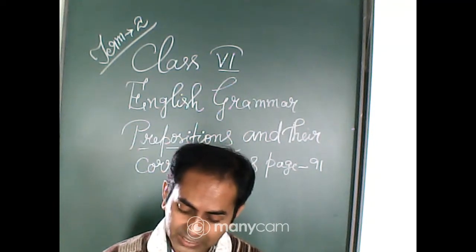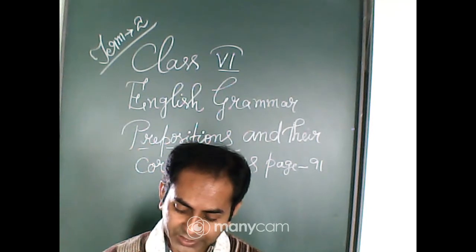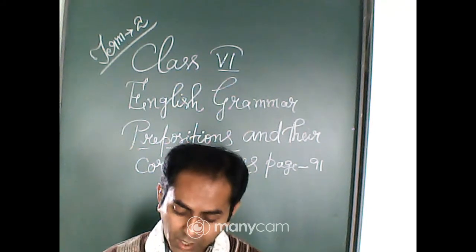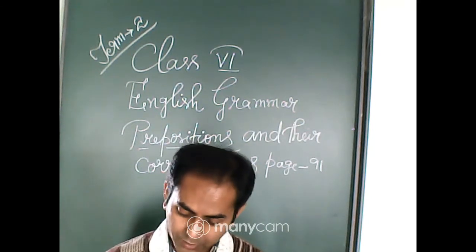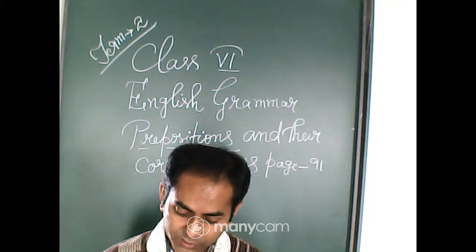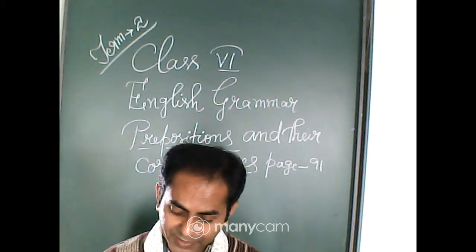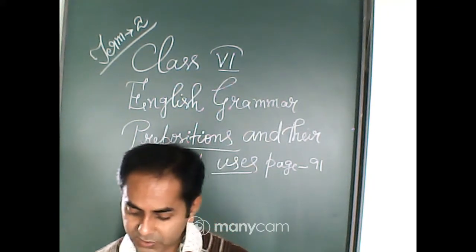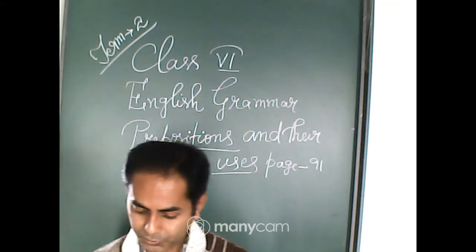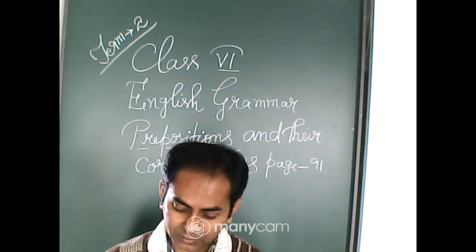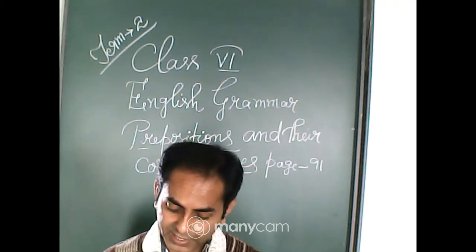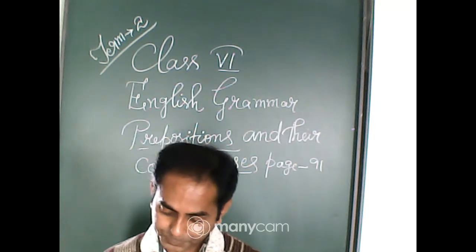The pencil is under the table. Here under is used to indicate below something. The pencil is kept by the box. Here by indicates next to, beside it. The pencil is beside the box on the table. Here beside indicates by the side of. Example, the post office is beside the main road. So here also almost like by. By indicates next to and beside indicates by the side of.